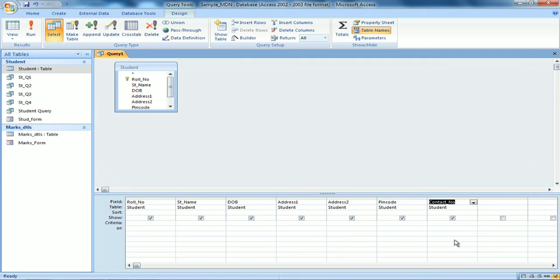For student name in the criteria, I will enclose double quotes, A star, that means any name beginning with A followed by any character, that is why I have written star, should be displayed. Any name which starts with the alphabet A followed by any other characters will be displayed. This is my query. Run. I do not have any records with A.